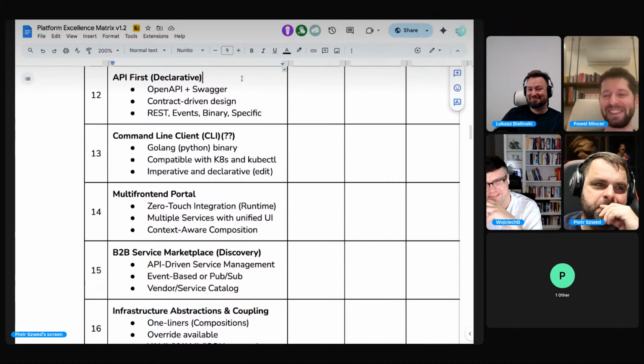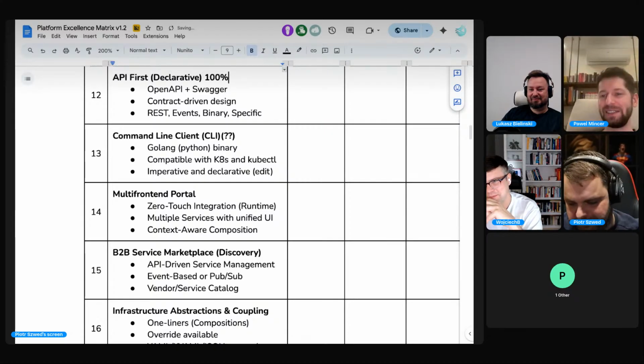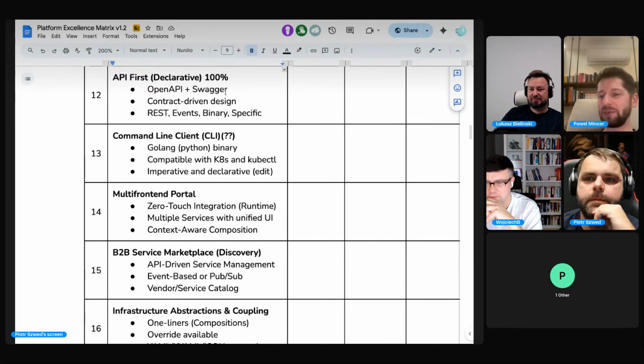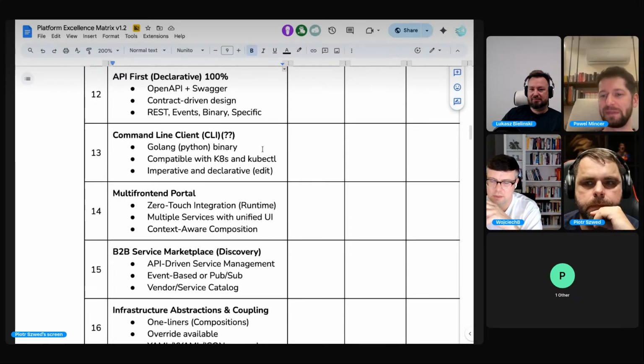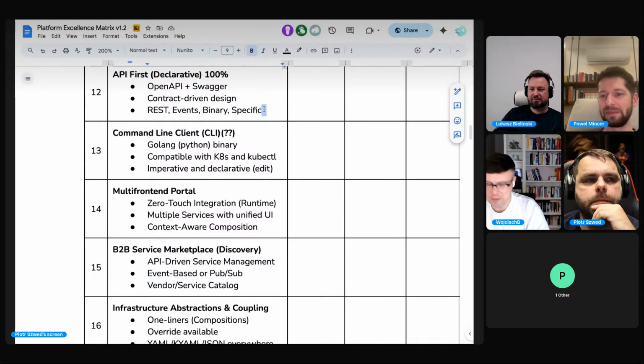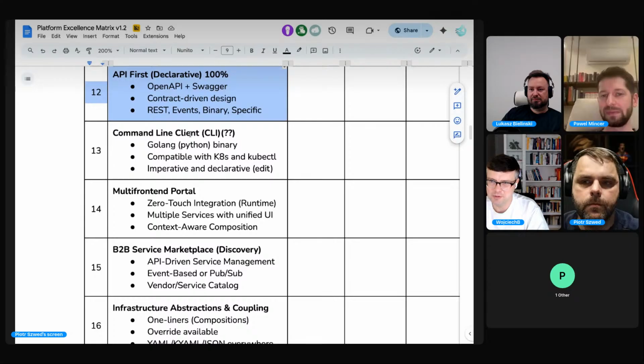Yes. There is nothing to comment on this, basically. 100%? Yes, that's the only way to make sure that the previous points are also working, actually. Yeah, because when we have APIs, we can move into this autonomous infrastructure that we are all dreaming about. And without APIs, it's not possible. This high level of automation across your organization.